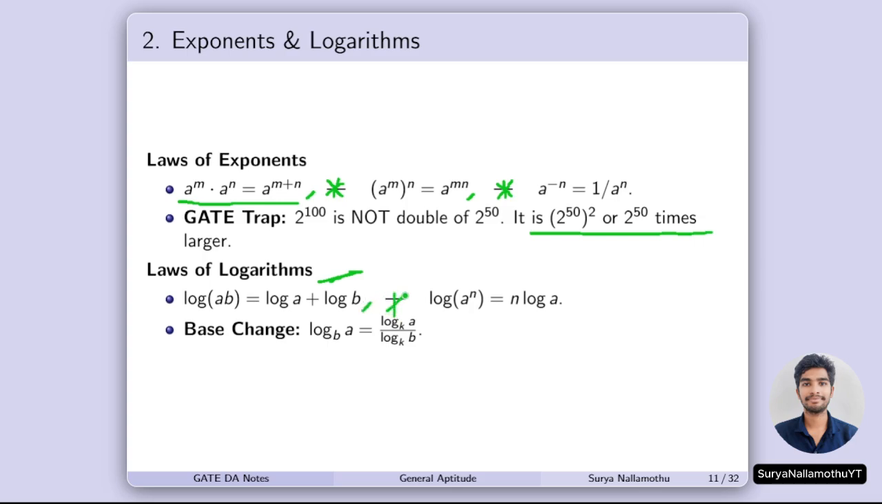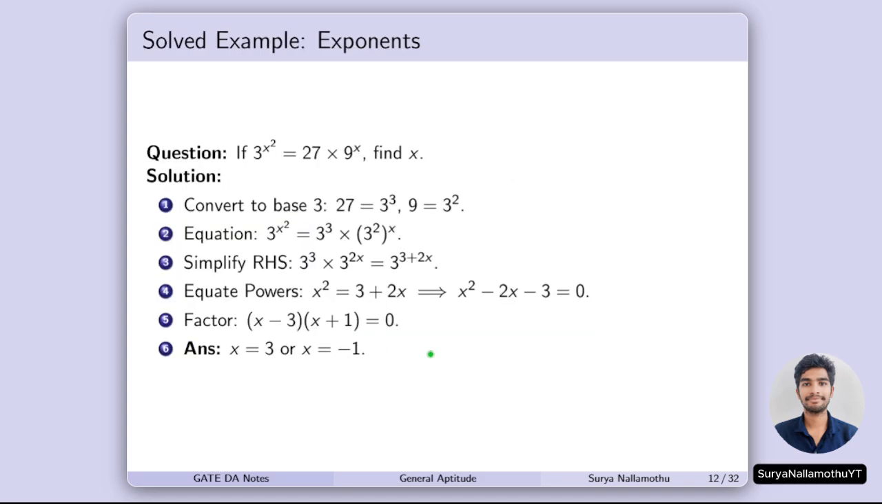Some printing machines will be happened here. The log of a power n is nothing but n into log a, and this is also one important formula. Here log a by base b, the base must be a k value. Next,